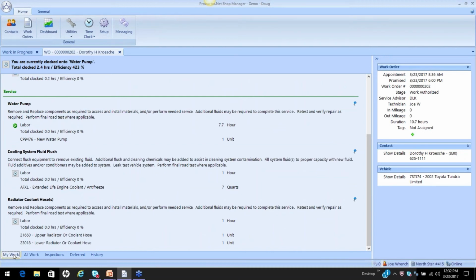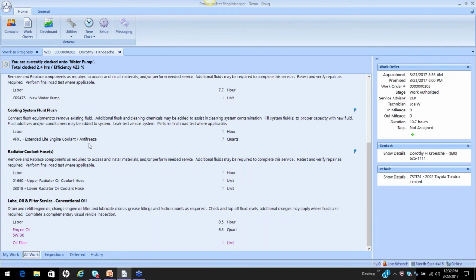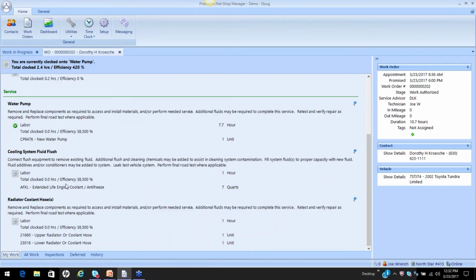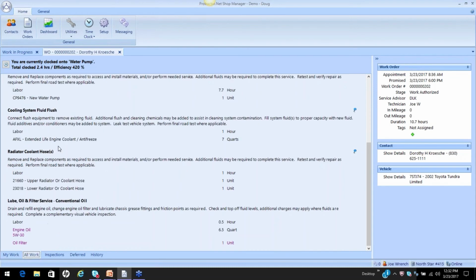If I'm not assigned to the oil change on the work order, it's not going to show up on my work screen, but it is available to show up on the all work. On the all work screen, you don't have login, so this is really just designed for a reference point for the technician to know all the jobs on the work order. Okay. Also, we're able to see the parts that are on this work order, but the all work really just